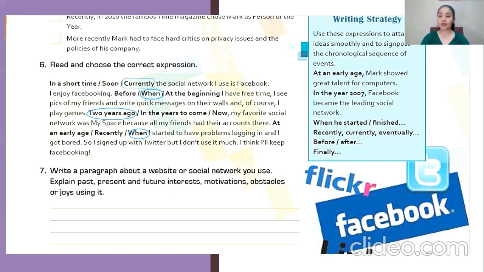Let's start by remembering the writing process. First, we have to think of as many ideas as possible for your paragraph. So please start thinking of the main idea and the topic of your paragraph. You have to choose one website or social network you use the most or that you like the most, and you're going to write about it.